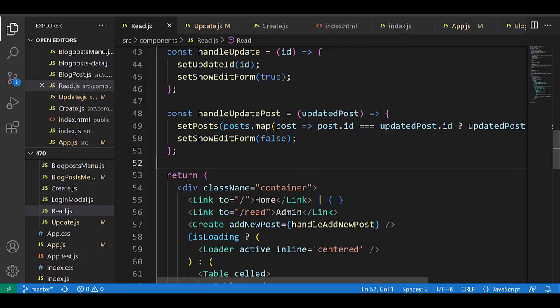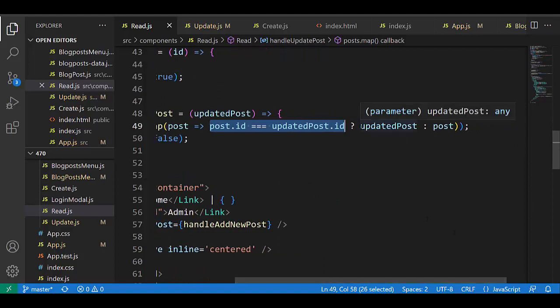Again, in the parameter goes the first post from the array posts, and the condition is post ID equals updated post dot ID. It means number 3. If it is true, go after the question mark: updated post. It means BBBB would be created